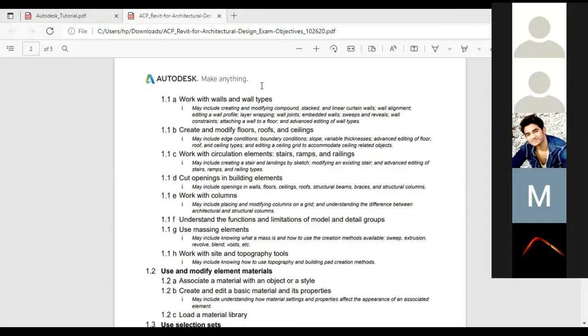After creation of these mass floors, the questions can be like this: what is the area of the mass floor in level 5 or in level 10? So we have to select the mass floor in level 10, and in the properties panel we have to check what the area is. That will be the answer. Okay, so questions can be like this.